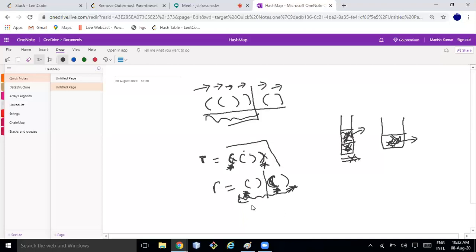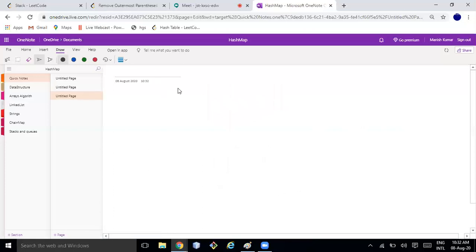But one thing I'm sure of here: whenever the stack is becoming empty, what if I don't add the first found element? Let's take the same example, I'm just repeating it again.